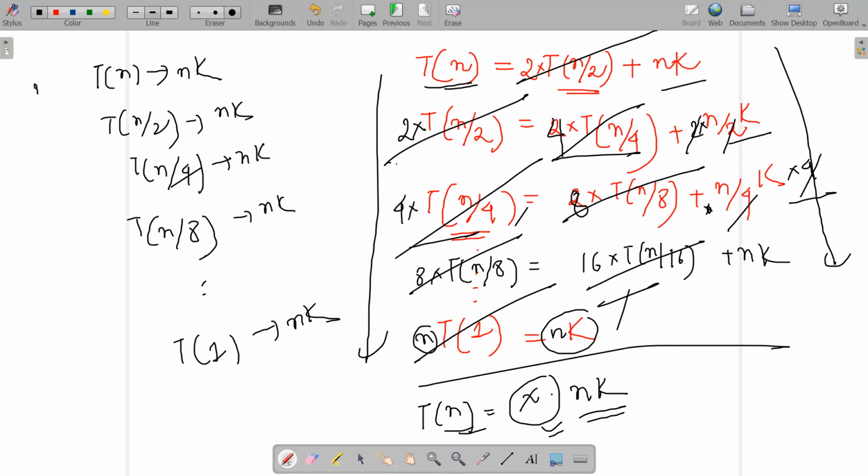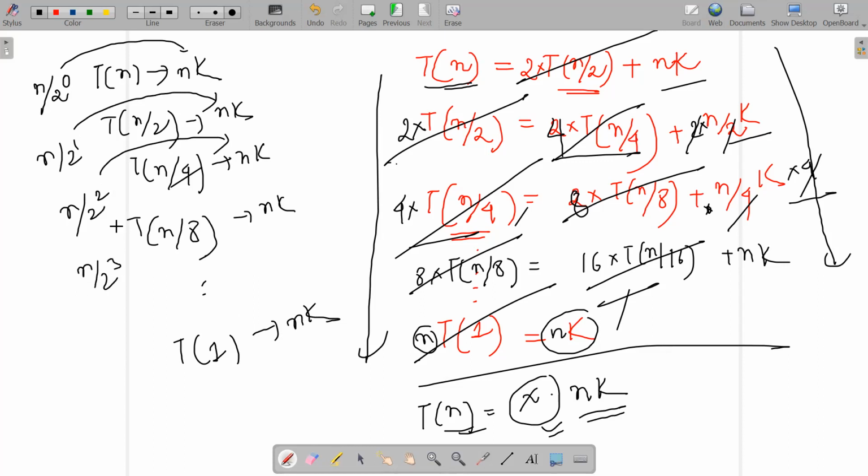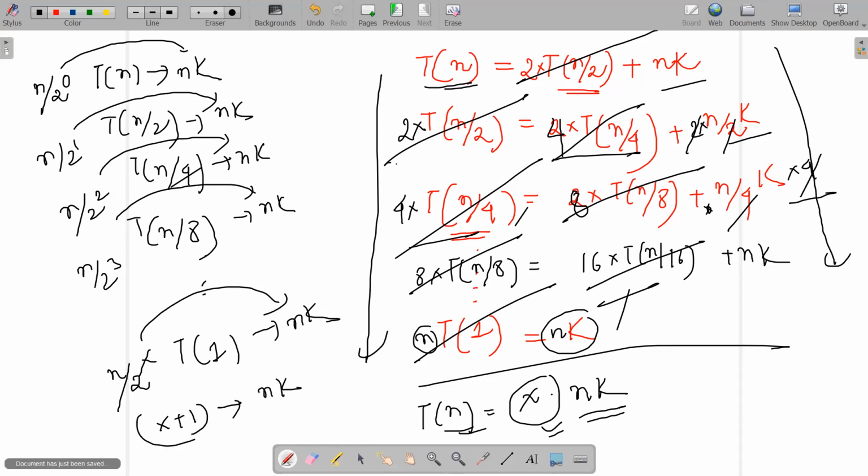Can I just say for n divided by 2 to the power 0 single nk, n divided by 2 to the power 1 another nk, n divided by 2 square another nk, n divided by 2 cube another nk, at the end n divided by 2 to the power x another nk मिल गया. How many terms? क्या कह सकता हूँ? x plus 1 terms के लिए मेरे पास nk है. मुझे तो बस x की वैल्यू चाहिए. तो x की वैल्यू क्या है? कोई बोलो,